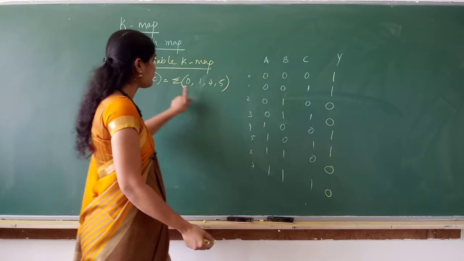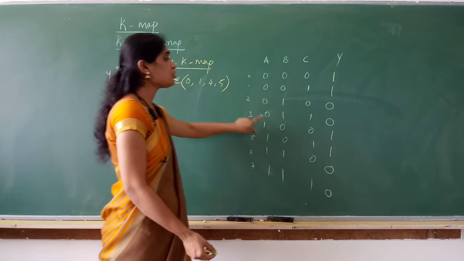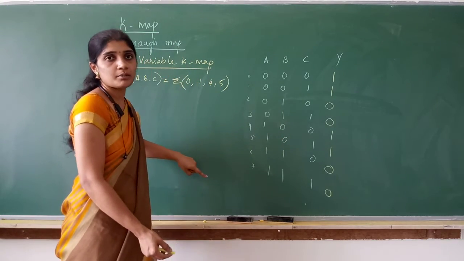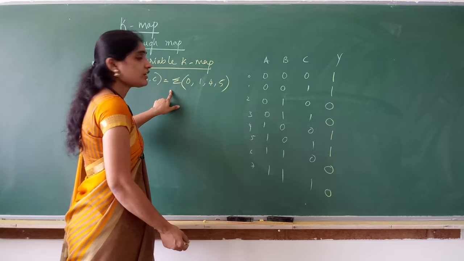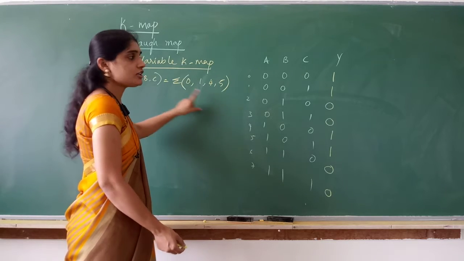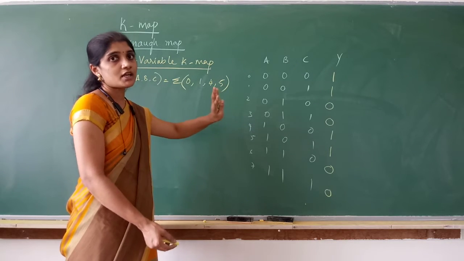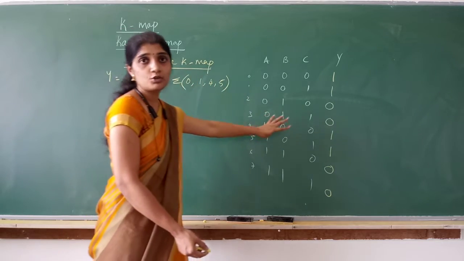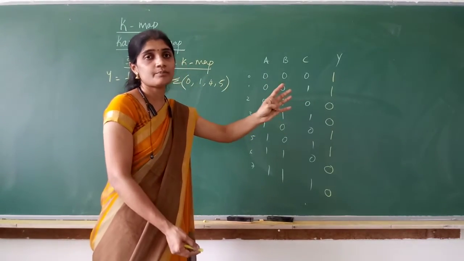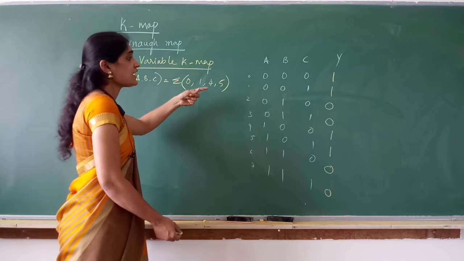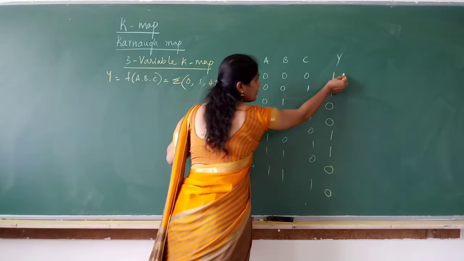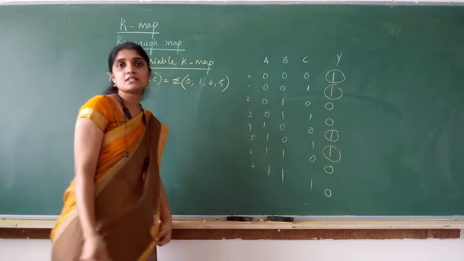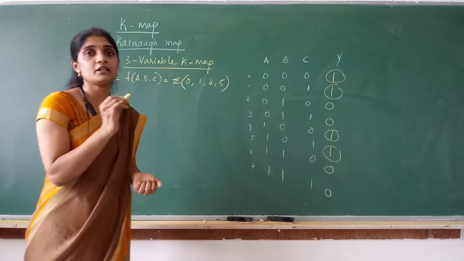So, instead of giving the problem like this, if they give you the truth table, you should write the min terms, then simplify using the K-map. Now they have given us the min terms directly. I did not write the truth table, but just to explain the concept of writing the truth table from the min terms. You should know what exactly a min term is. Min terms define where the output will be logic 1. So for 0, 1, 4, 5, the output is logic 1. That is the meaning of min terms.